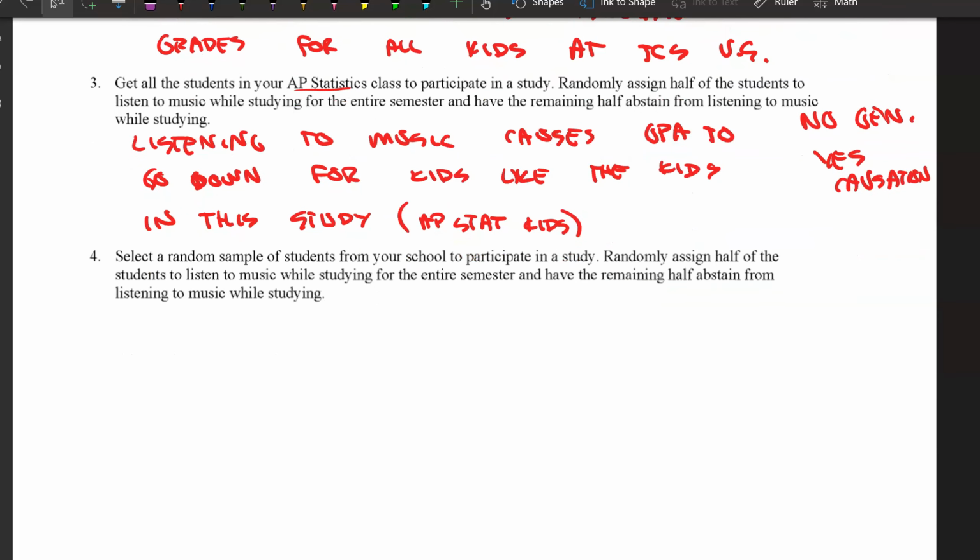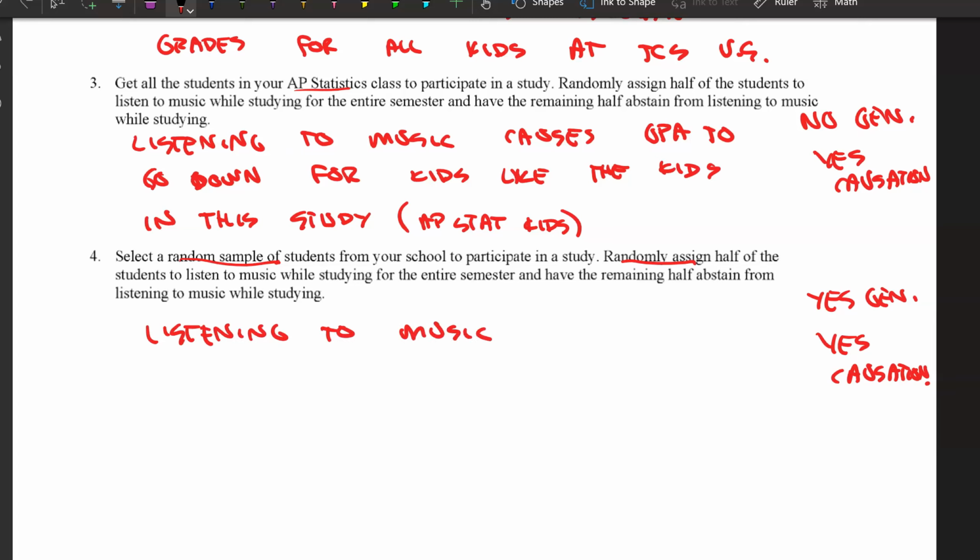So this last example, we're probably going to hit both, right? We select a random sample of kids to participate. We randomly assign half of the students to listen to music. So now we're yes to generalization and we're yes to causation. So we're rarely in this spot, but if we were in this spot, we could say listening to music while studying, I'll just say listening to music causes GPAs to go down